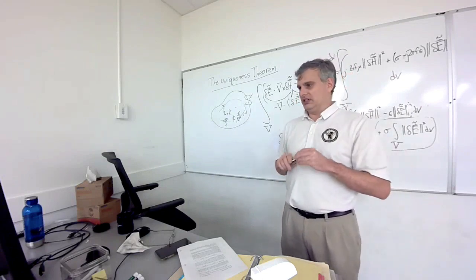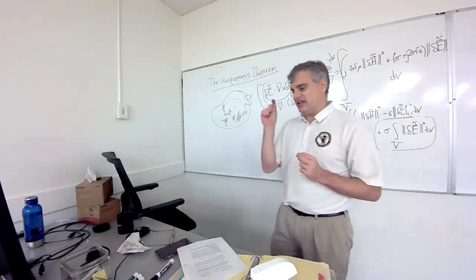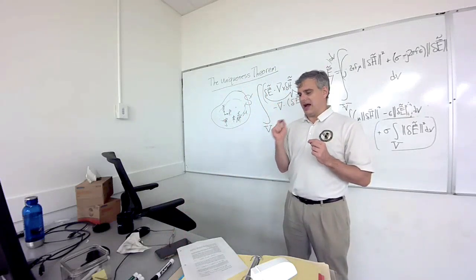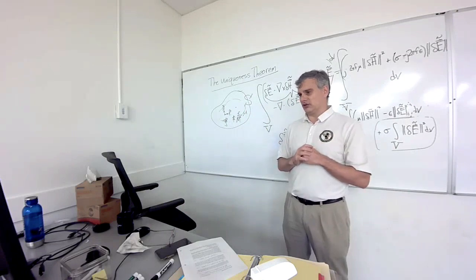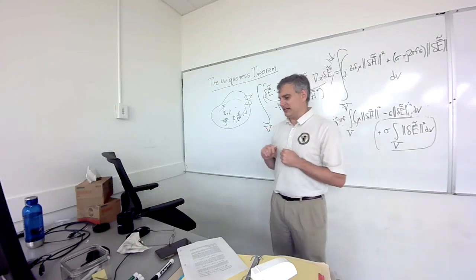So this is interesting. This means that if I have even the tiniest bit of loss, I'm going to have a unique solution in electromagnetics. Only if you have a tiny bit of loss will you be able to have a unique solution. And that's a nuance that we have to be very, very careful of. And a nice example of that,